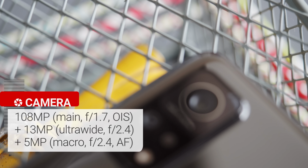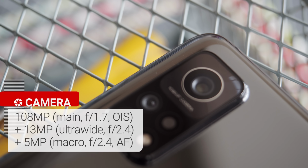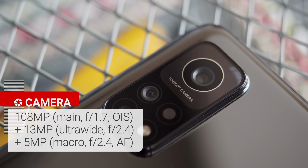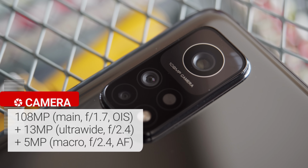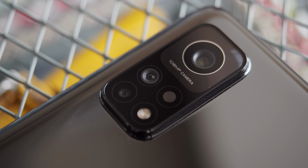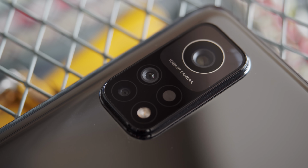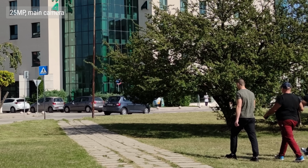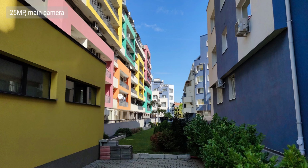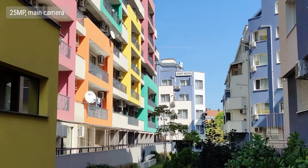The Xiaomi Mi 10T Pro has 3 cameras on the back, a 108 megapixel quad Bayer main cam with OIS, a 13 megapixel ultra wide angle cam, and a 5 megapixel camera with autofocus for taking macro shots. The main camera bins pixels 4 and 1, but for some reason the photos come out at 25 megapixels, not 27. Regardless, in good light these are great, with quite a lot of fine detail, natural looking colors, good sharpness,